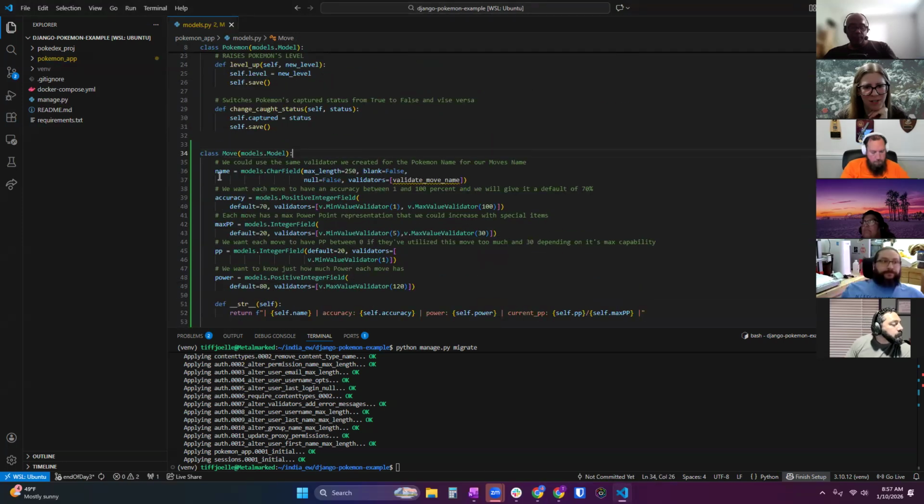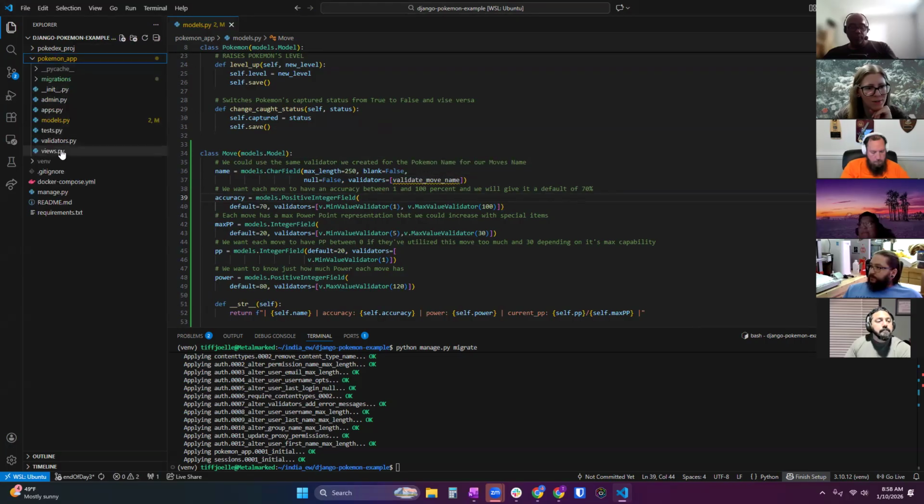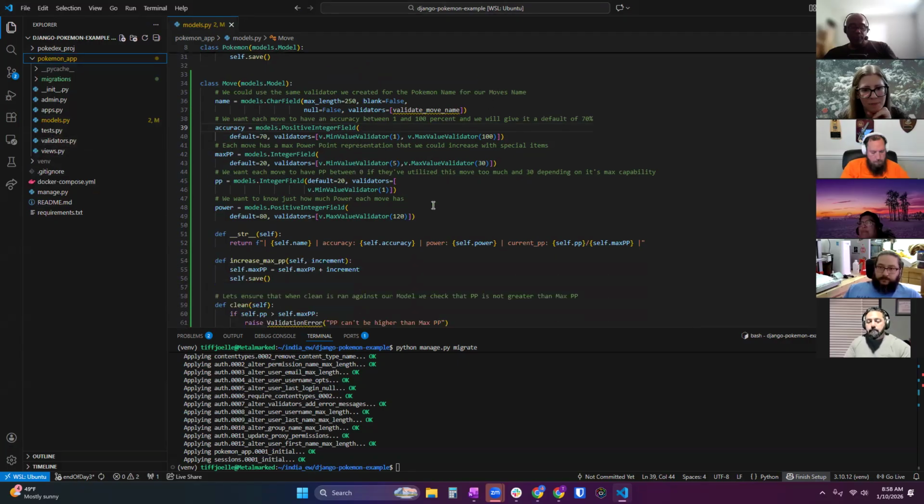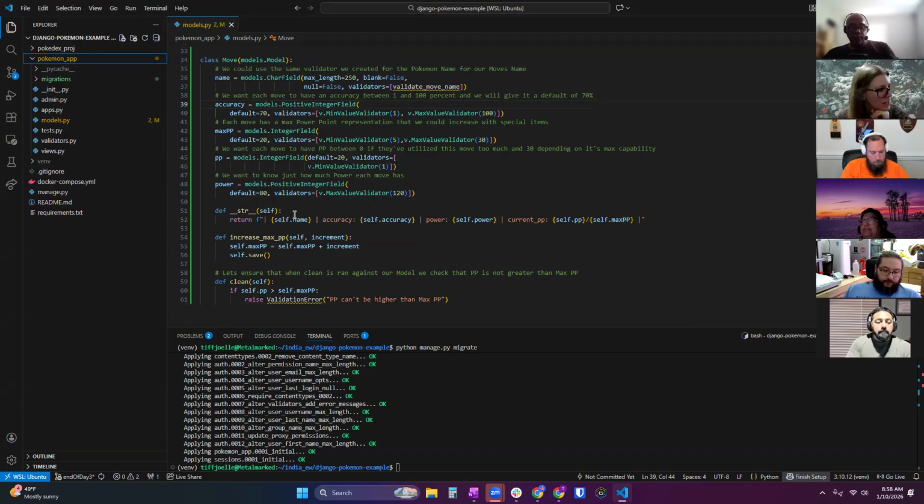These are all the fields that this model has. So we have a name, which is a character field, with some validators on there. We can see we have a validator that we're importing that we haven't made yet because we haven't gotten that far in the README, but it looks like we are going to have a custom validate move name validator, which we will add within our validators file. This has accuracy, max PP, whatever, all these different fields within this move model. Then here are our methods for this model. We have a string method,